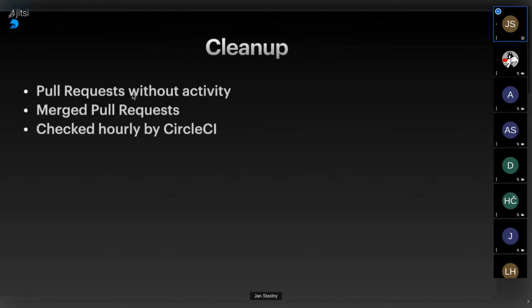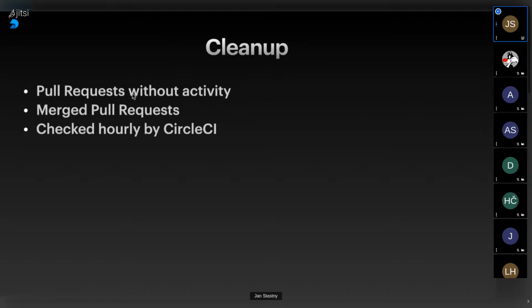One part that I've already touched is that we need to clean up all of these review apps, so as not to have hundreds and thousands and, going forward, infinity of running namespaces. We do it exactly as I already mentioned, based on the annotations. So we have an hourly Circle CI job that checks through all of the review apps namespaces.